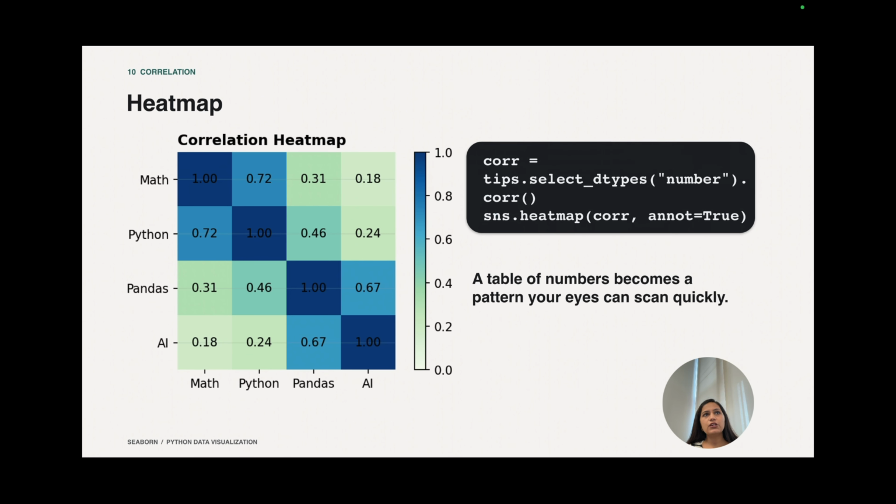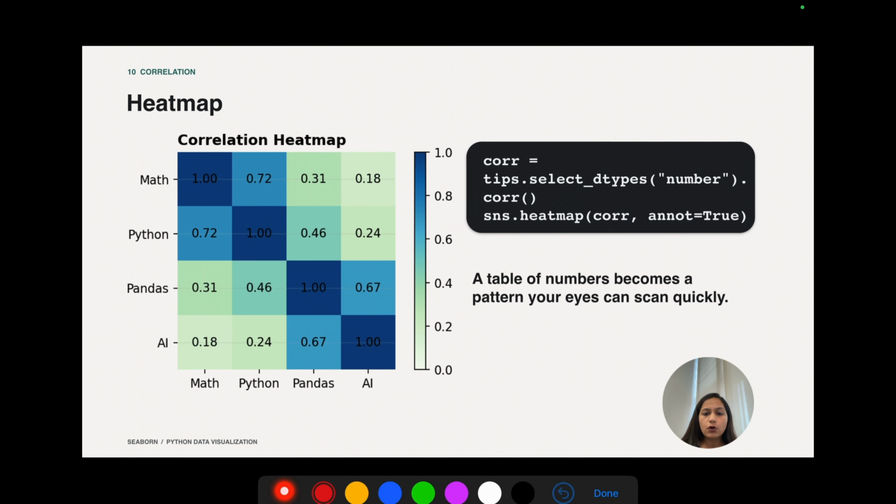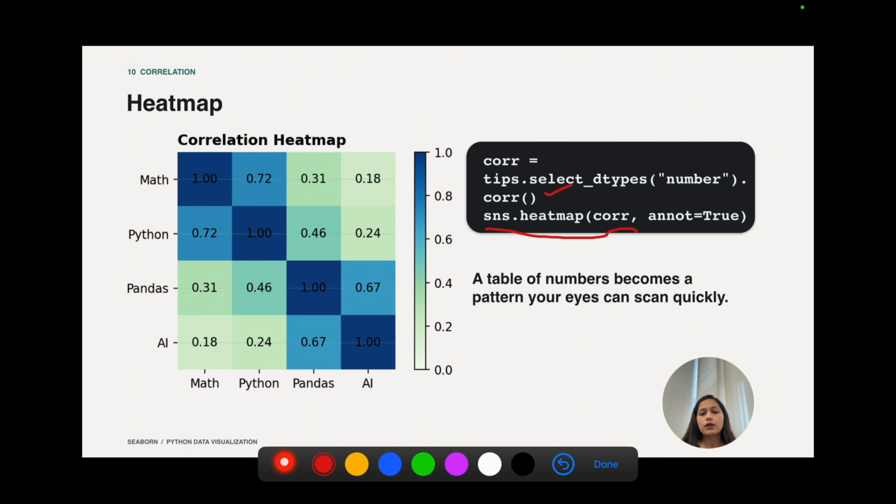Important and very useful is the heat map visualization. A heat map can be especially useful when we want to visualize correlation between several numerical variables. For that we will select data types equal to number. Then we will compute the correlation and plot the heat map.